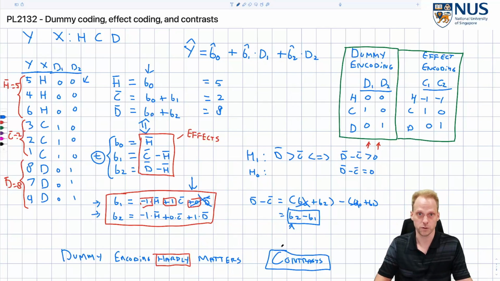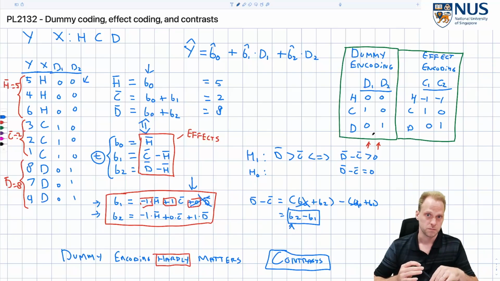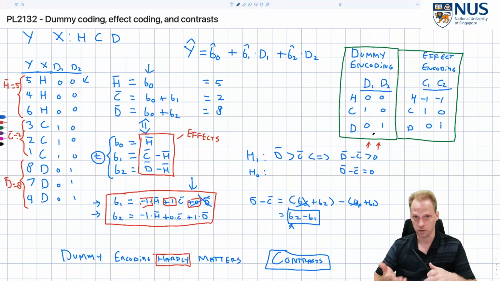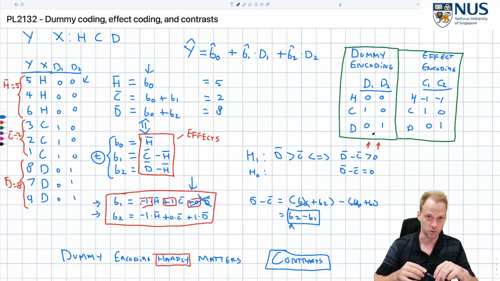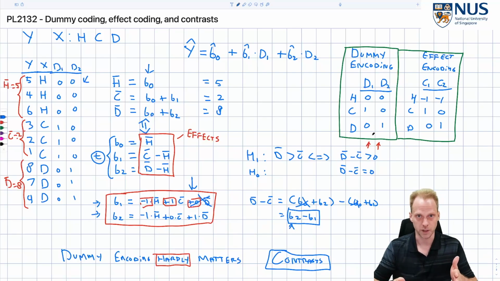What contrasts allow you to do is to specify afterwards what effect you were interested in, and you get the associated p-value for that. And you can do that actually as many times as you want, but the recommendation is to not do it more than you have dummy variables, because we only actually have two p-values in there, or two significance values, two standard errors. So you are reusing that information if you are trying to get like 3 or 4 or 5 hypothesis tests out of there. That's why in post hoc tests, where we do compare all groups together, we have to adjust for multiple testing. But when you use a contrast, it is usually an effect that you thought of before, like a certain hypothesis that you thought of beforehand. You don't have to adjust for multiple testing